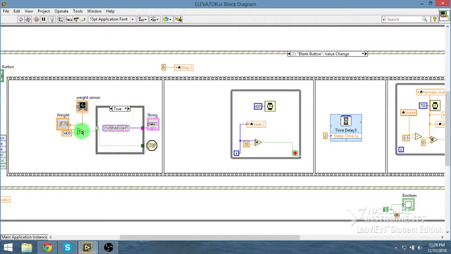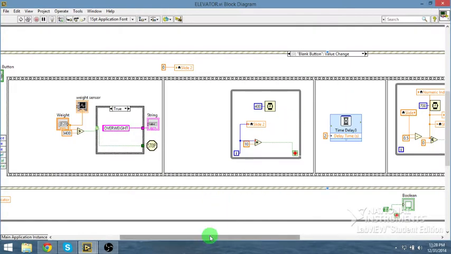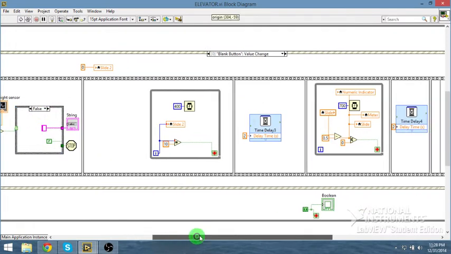If that is true, if it does exceed 3,400 pounds, so you can see here x greater than y, that's our weight sensor being greater than our constant y, which is 3,400 pounds, you get this alarm sequence here, which will stop the program completely and bring up the alarm string into our alarm display, which I'll show later, that says overweight or overcapacity. Now if that is false, most of the time it will be, it will run over to this while loop